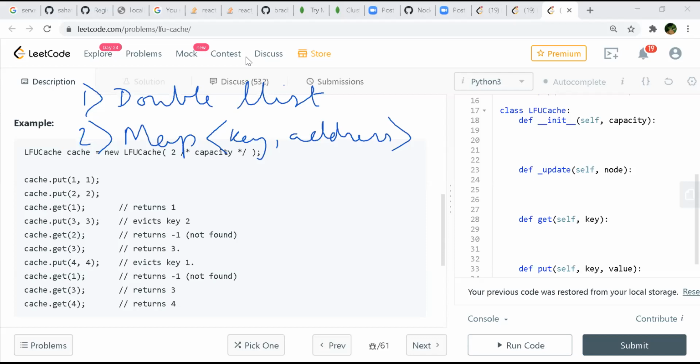And what I am saying is, when we are doing a get function, we remove that element from the linked list and insert it at the head. Okay, so that is one thing we have done in get. That is in constant time. Right, that is constant.